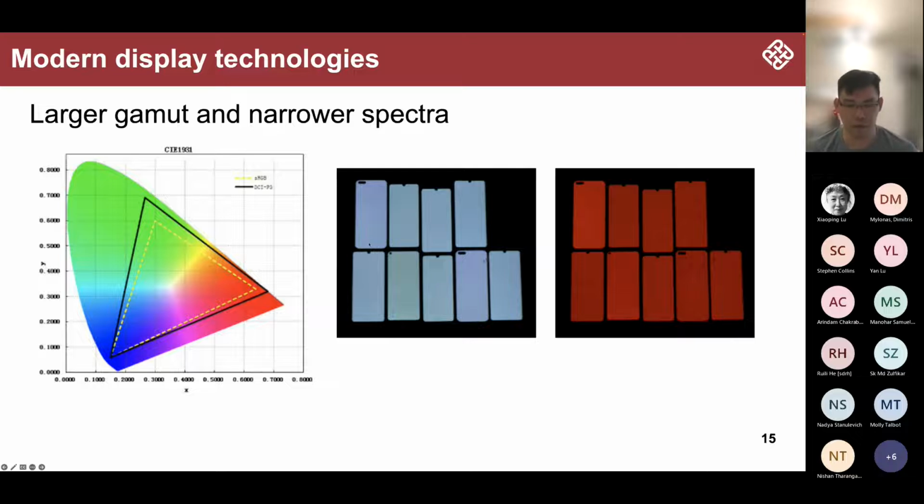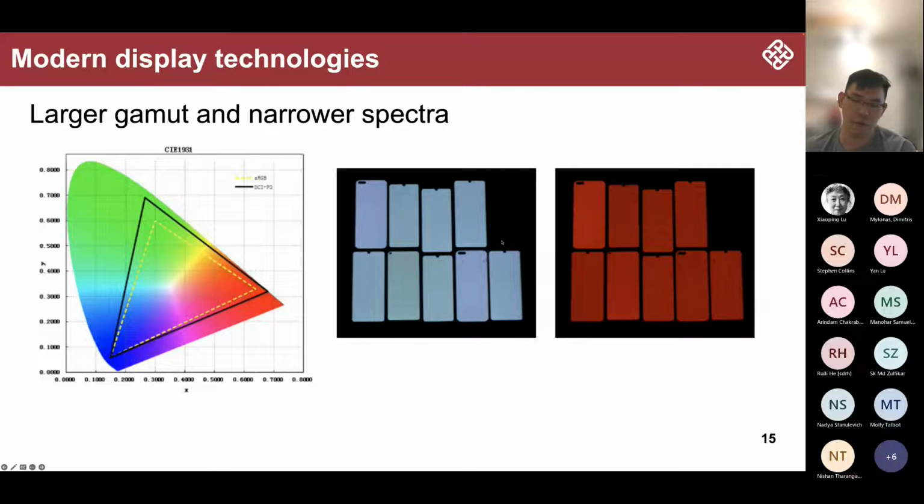For example, in this image, even though we know the camera cannot really capture what we see in the real case, it actually shows the difference. All of these different displays were calibrated to the same chromaticity, the same CIE xy coordinates. But very obviously, based on this image or based on our perception, we can see very obvious color differences. And this tells us that something is wrong with the color matching functions, if we want to calibrate the displays to the same color.